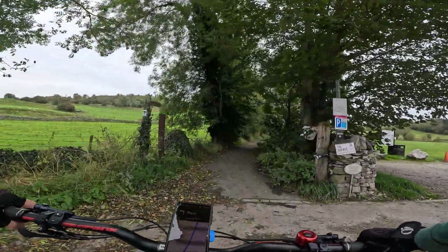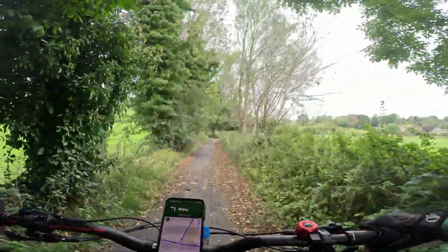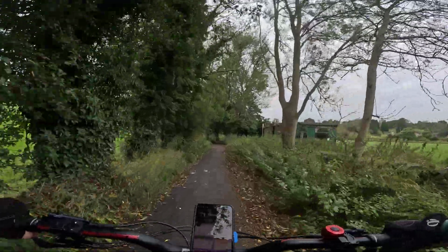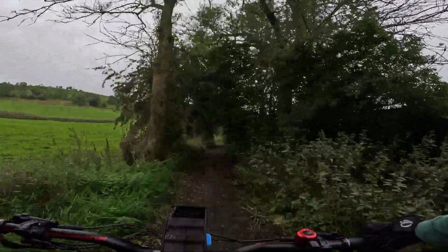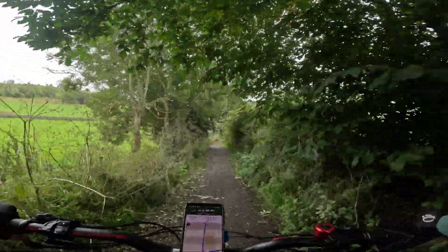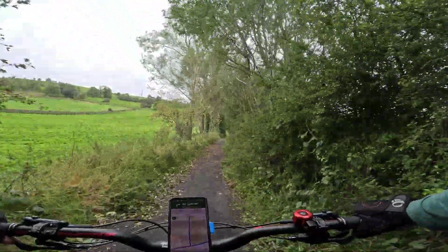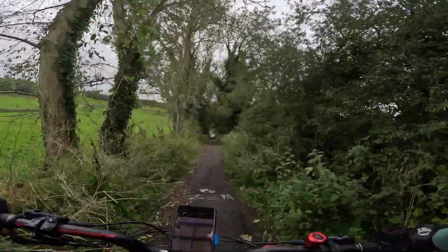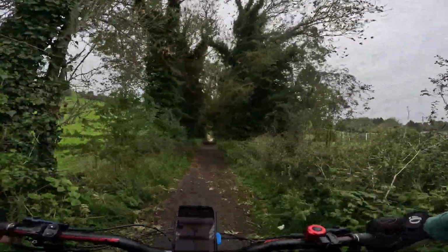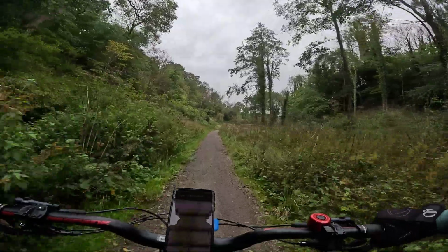I'm just heading up towards Coombsdale. Again, I am sort of familiar with this area. I've done a few routes around here and certainly been up here in all weathers. As we're getting towards the end of the year, it's probably why I've chosen this route, because I'm hoping that there's a lot of rocky bits and not too much mud, but it's actually an uphill trail I'm on